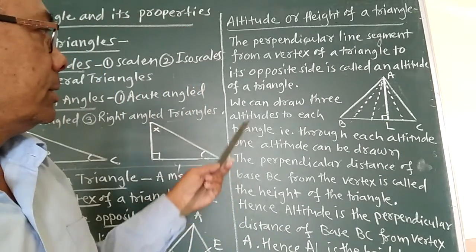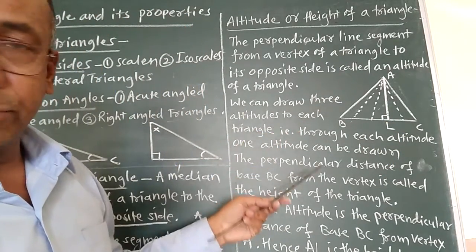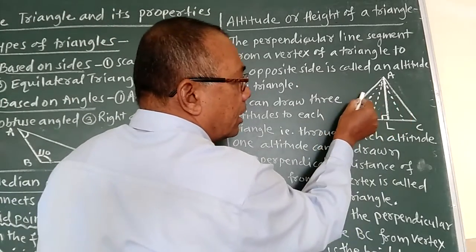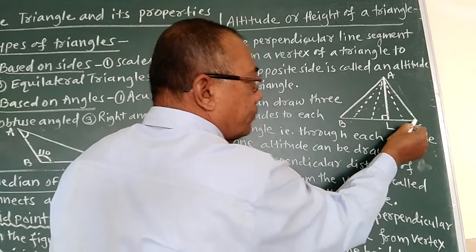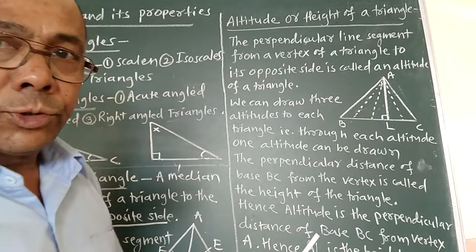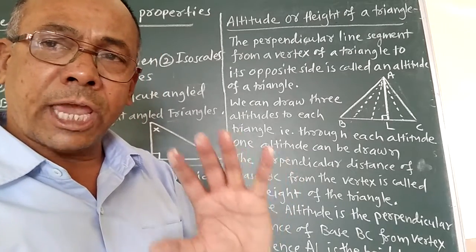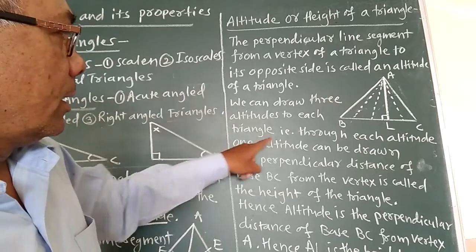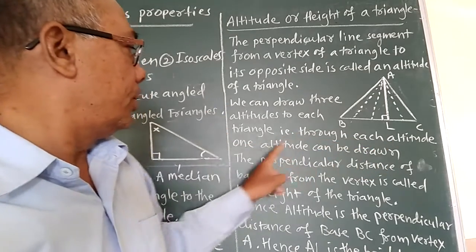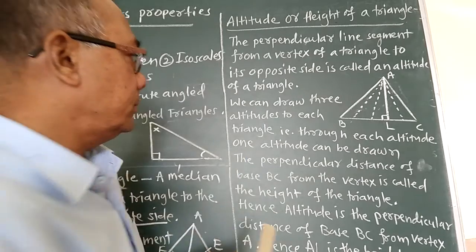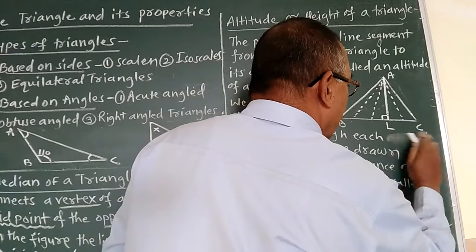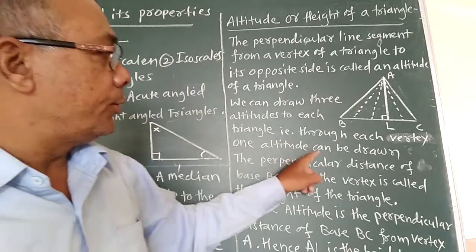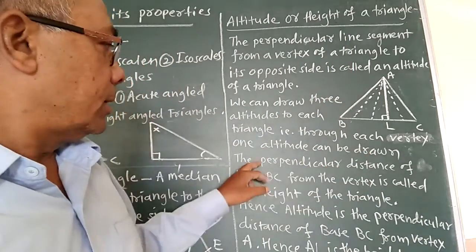Here we can draw three altitudes. Means from the vertex B we can draw an altitude. Also from the vertex C we can draw one more altitude. So in all, three altitudes can be drawn to any one triangle. Now here through each vertex one altitude can be drawn. So the perpendicular